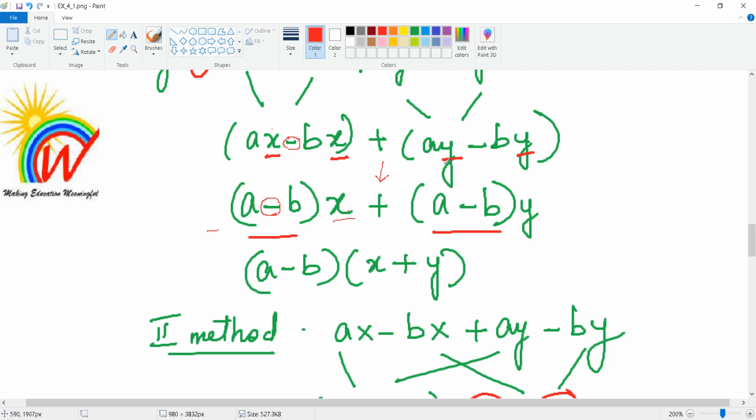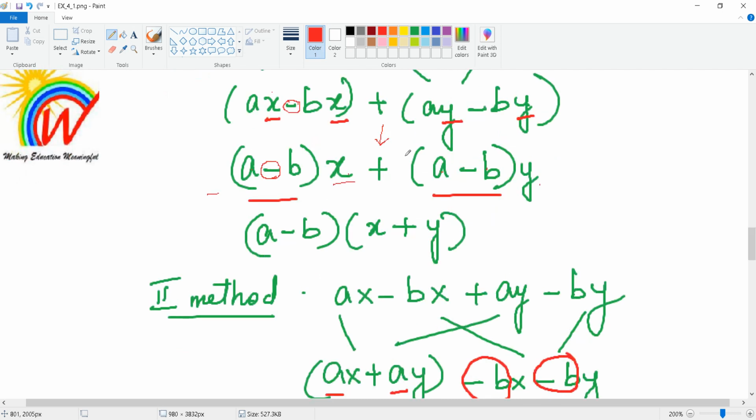Now again here, y is common, so take out the y outside, and you have got a and minus b from here. Okay, now if you look at this a minus b x and a minus b y, you can see that a minus b is common in both of them, right? So I have underlined them, so I can write this as a common term. The a minus b, the whole thing is taken as a common. So now when I take out common from here, what is left out? I am left out with the x over here, so I write the x over here, and I am left out with the y over here, so I write a y over here. So that's another bracket. So this is the final answer. Okay, a minus b, x plus y. Understood? And the sign will be this sign.